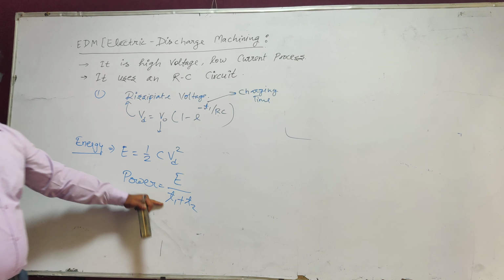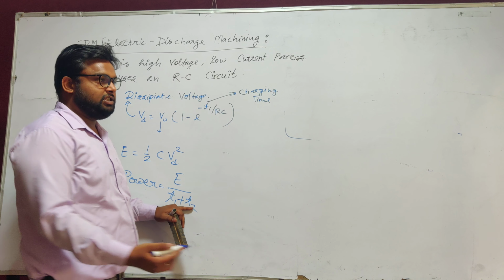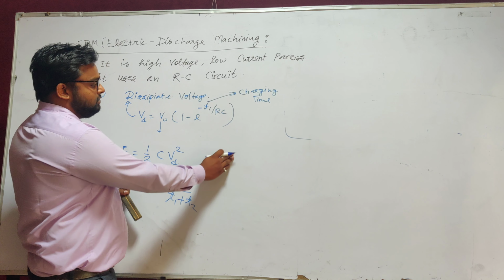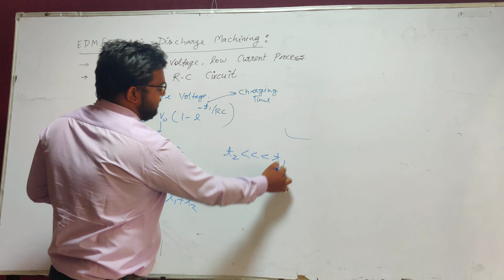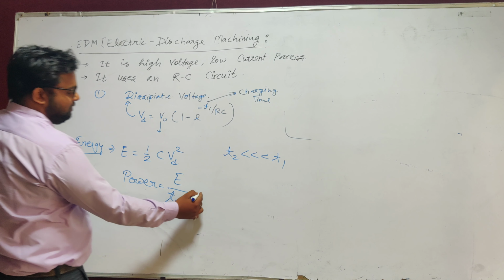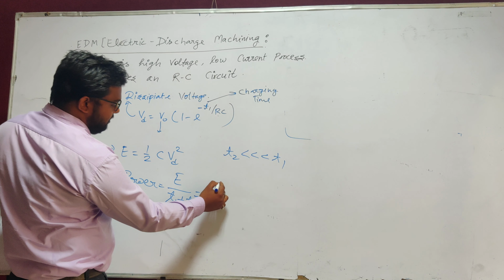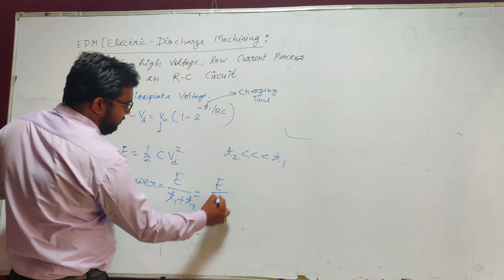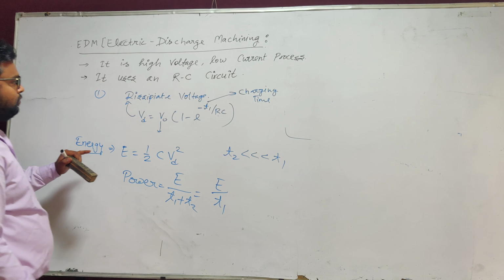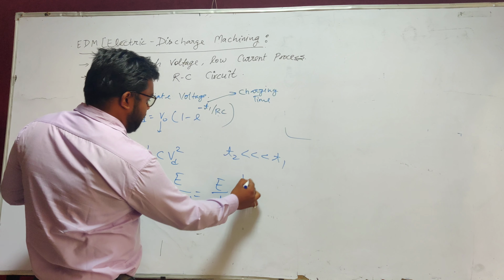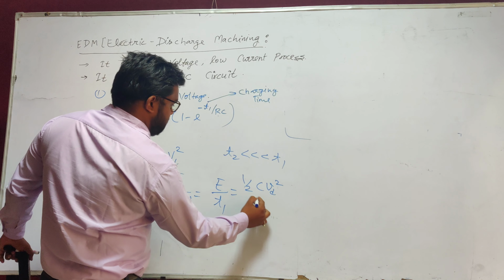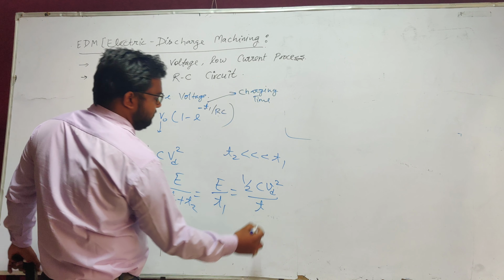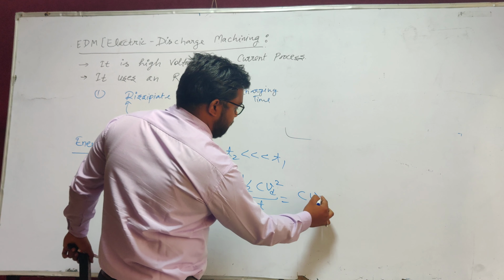T1 is charging time and T2 is dissipation time, but the dissipation time is very much less than the charging time, so we can neglect it and it equals E upon T1, and we get 1 by 2 C VD square upon T1, equal to C VD